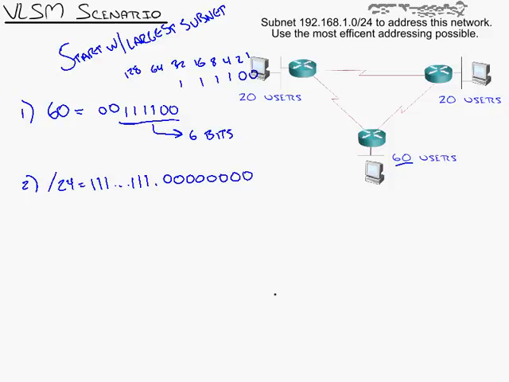Now we've got 60 that we converted to binary. Are we after creating more networks here or saving the hosts? Well, looking at 60, I'm after the users. I need to save some hosts. So I take right to the left, 1, 2, 3, 4, 5, 6. The other two can become ones. I've saved my 6 zeros. So with that in place, my new subnet mask for the 60 user network will be /26 or